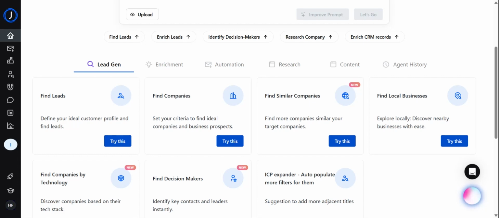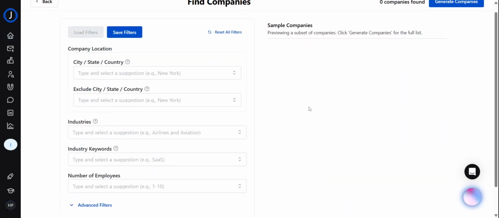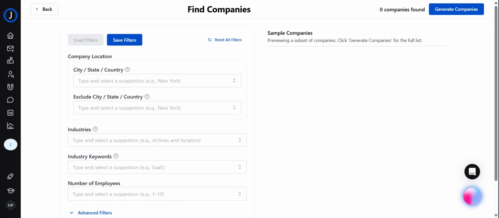Now, in order to use this functionality, you need to come to the lead gen. Under that, click on the find companies card. Once you click on it, there are certain filters that pop up on your screen. These are the filter criteria that you will enter in order to get a list of companies that you want to target. For example,